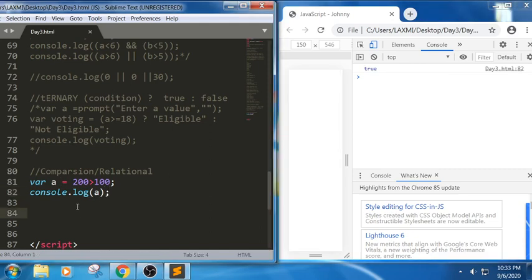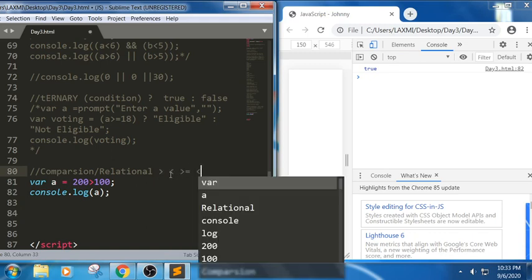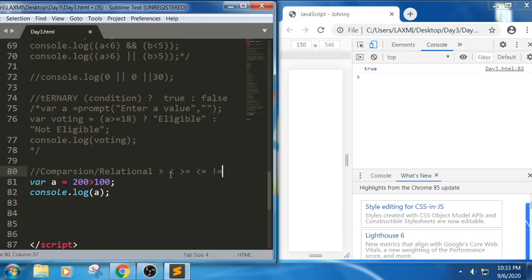So these are the basic examples: greater than, less than, greater than or equals to, less than or equals to, not equals to, equals to. These are the symbols of comparison or relational operators. But this is the general notation we have seen. Let me take one more example.